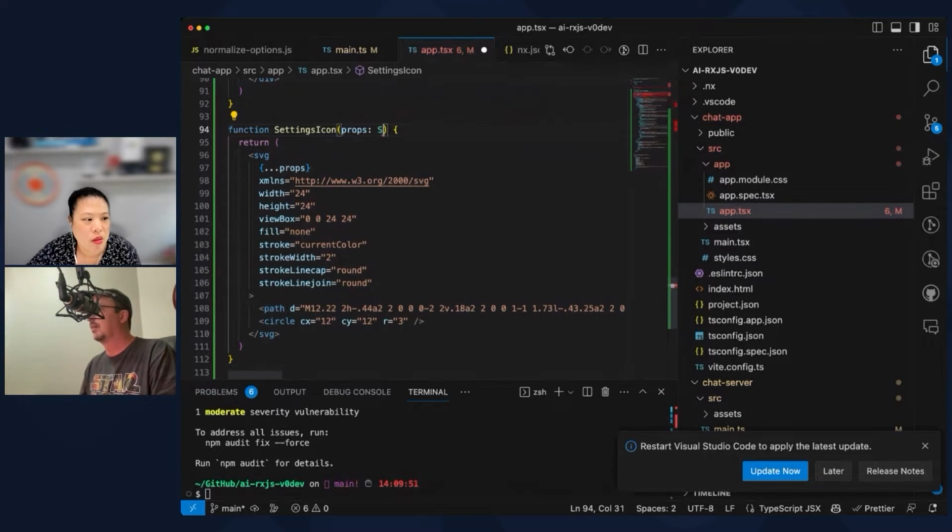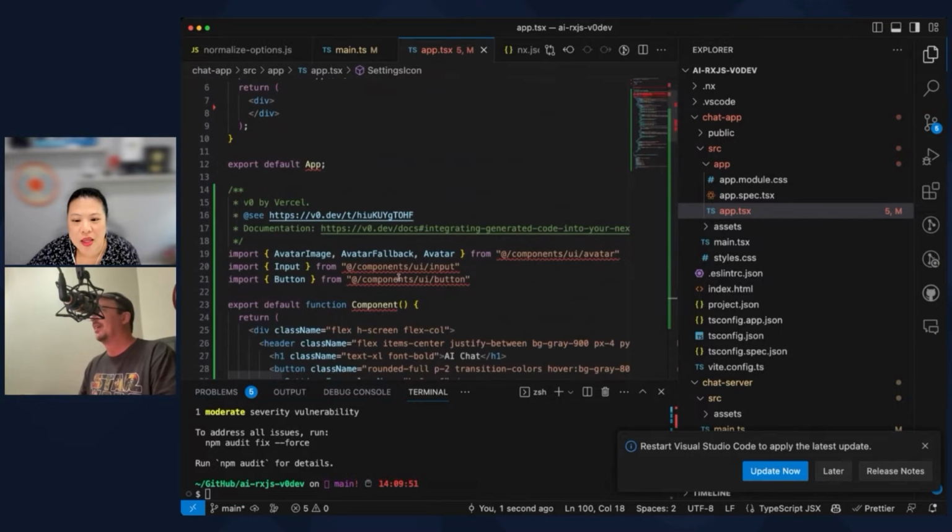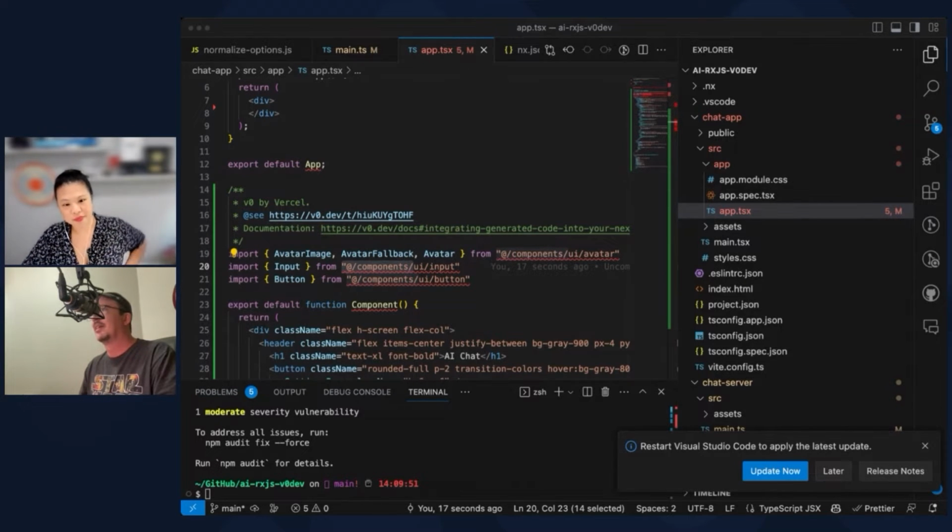Props is going to be like, I don't know. There we go. Thank you, other AI, for solving that problem for me. I just use Copilot to get that type correct. Now this UI input, I don't know where these things are supposed to come from. Presumably this is a Next.js thing, right? UI input, UI button. I think this is supposed to be a very Next.js thing, and we're doing a regular React app.